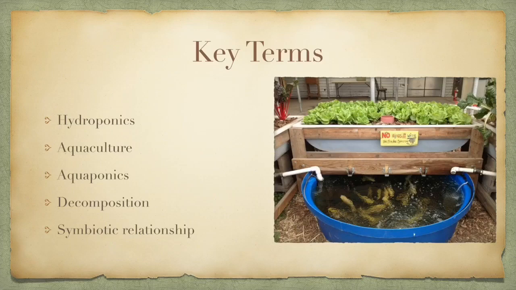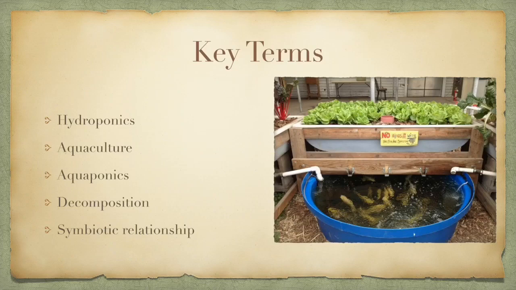So aquaponics is basically a system of aquaculture in which waste produced by the fishes in the tank will be used up by plants. So the plants will basically filter the water involving the waste, and then the clean water from the table or from the grow bed of the aquaponics system will go back into the tank for